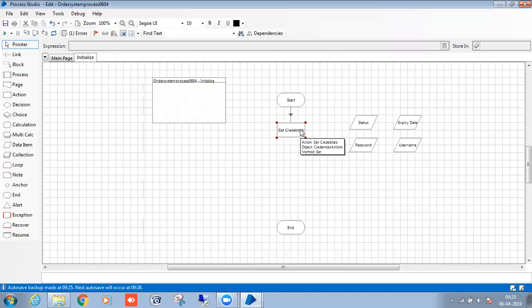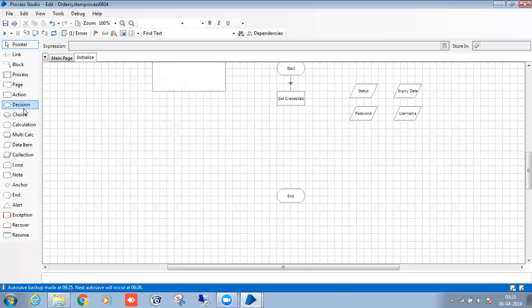After that, I will evaluate whether the credentials are valid or not. First, when I get the credentials, the status value has to be valid. Second, the username and password should have values. Those two things I will check and confirm that these are valid credentials.